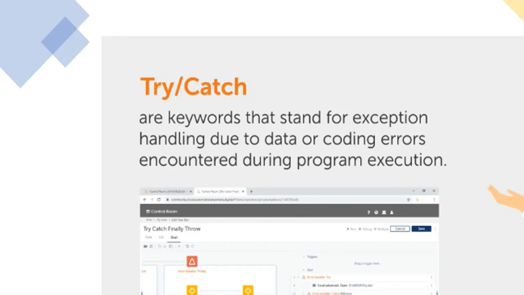Whenever you are running or debugging any issues related to coding or your business data, try and catch will help to identify them. If an error happens, you give the if condition with log to file. Log to file remains the same in AA version 11 and AA 2019. It will log the particular error into a particular folder within a document or txt file.